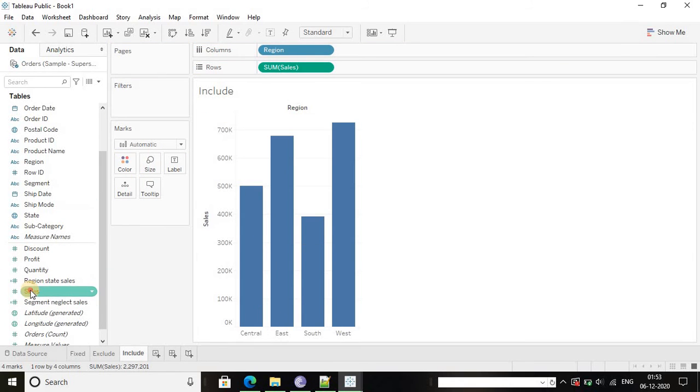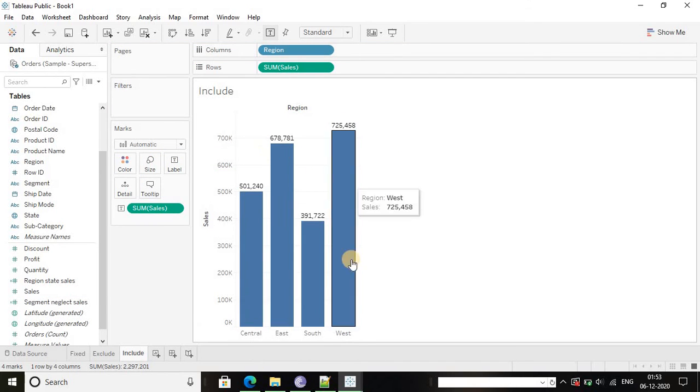So I'm going to include this sales into the label. So we can see the region wise sales in the graph. So now I'm going to show the state wise total average for the state.